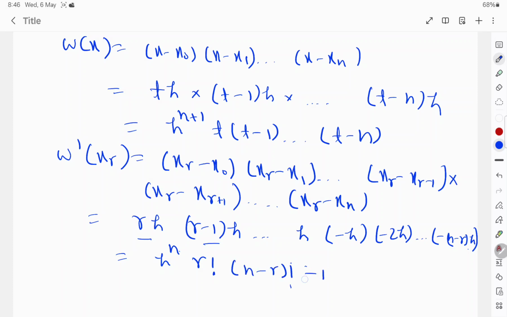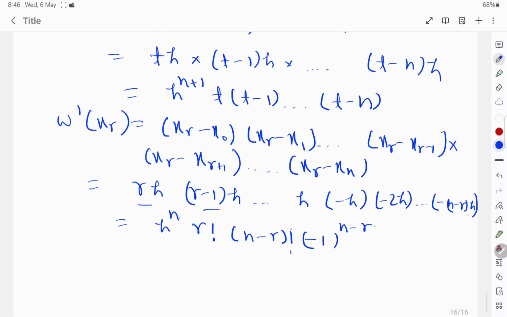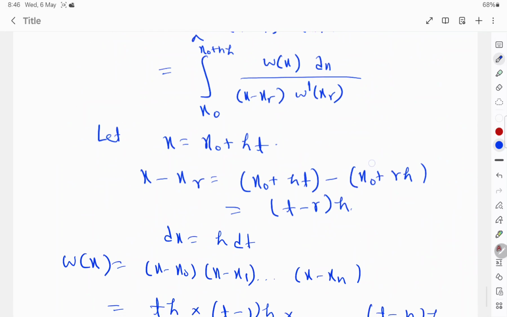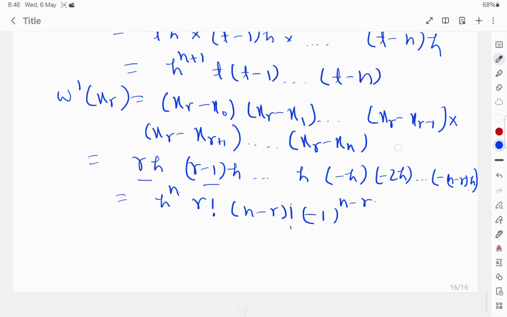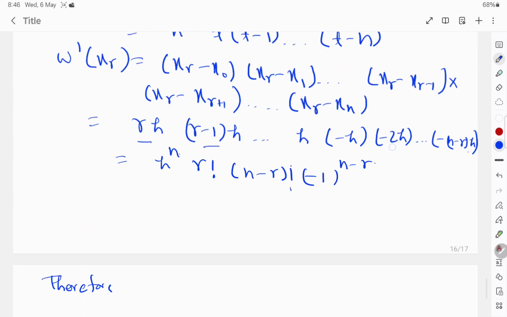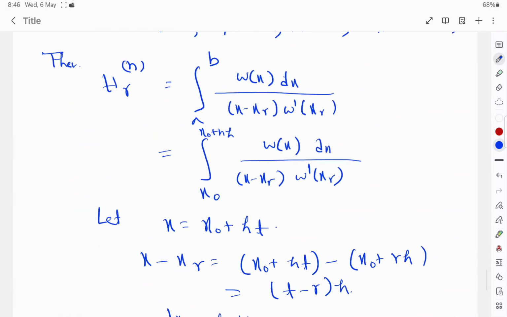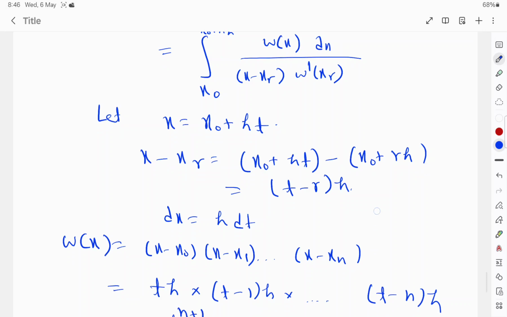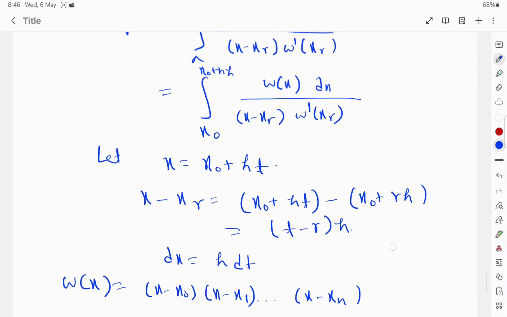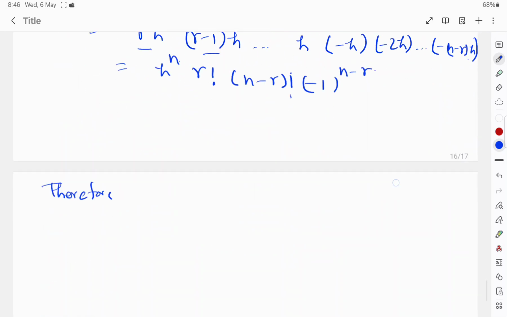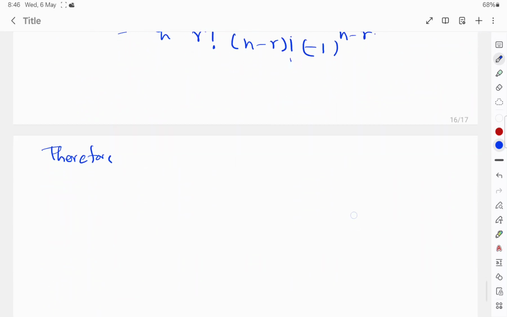But there will be some minus 1 whole to the power. How many minus signs are there? So there is n minus r, right? So together you are getting this form. So each term we have found. So what is your exact form now? h to the power n r. So therefore, have a look at all the things. You have to substitute in this expression, right? In the w x expression we have already found x minus xr w dash xr dx. Okay. So therefore,